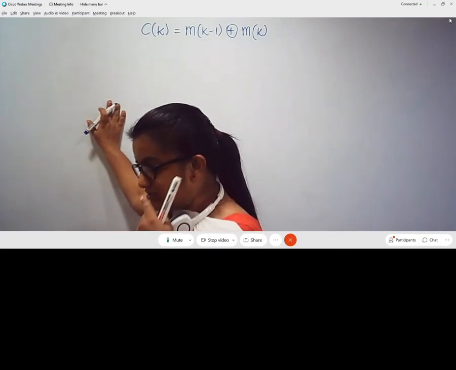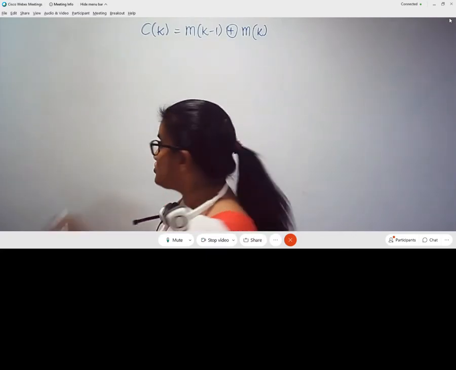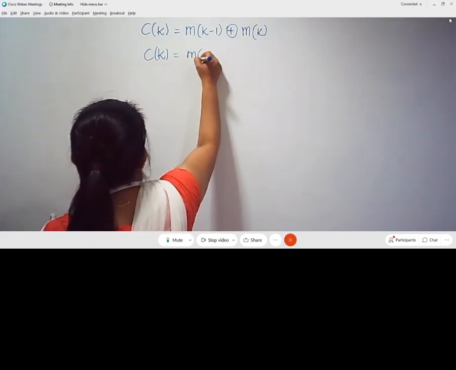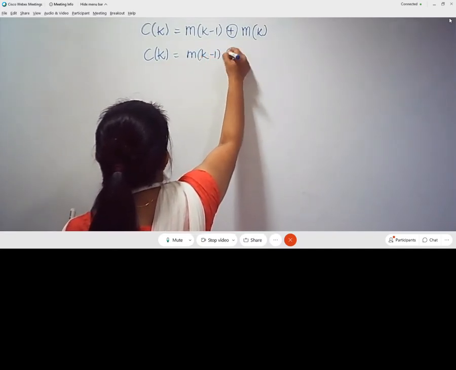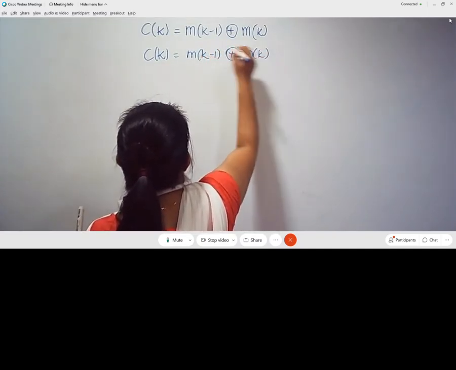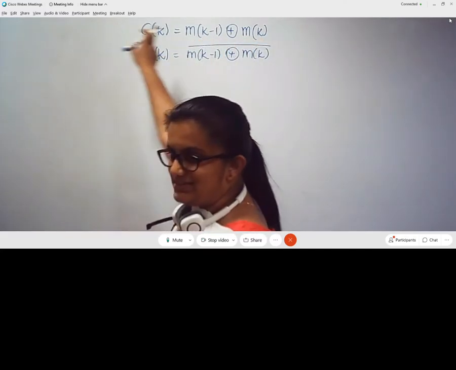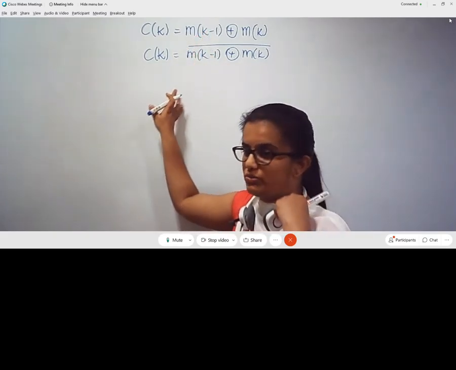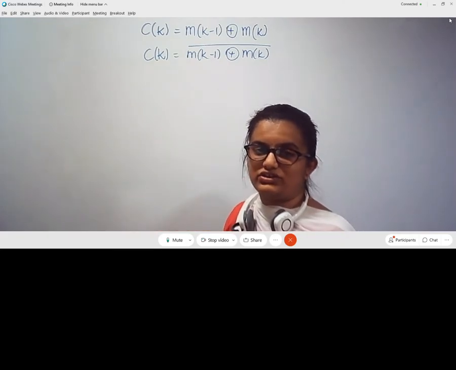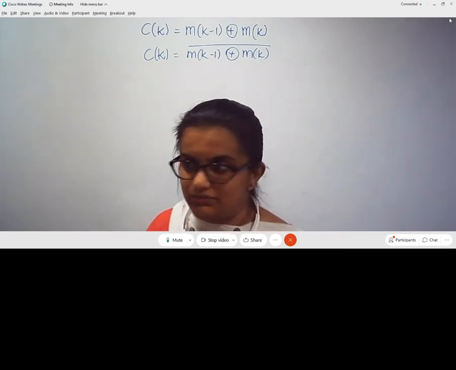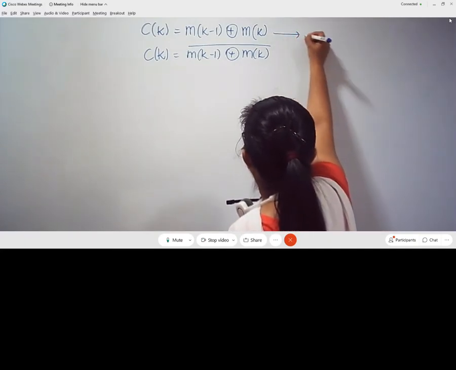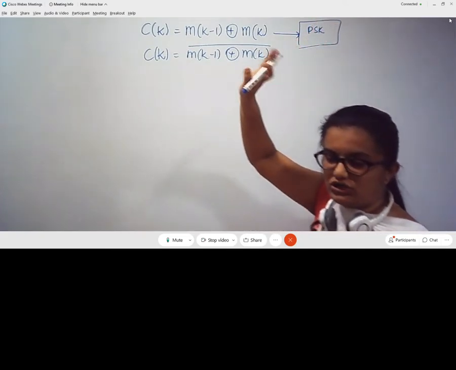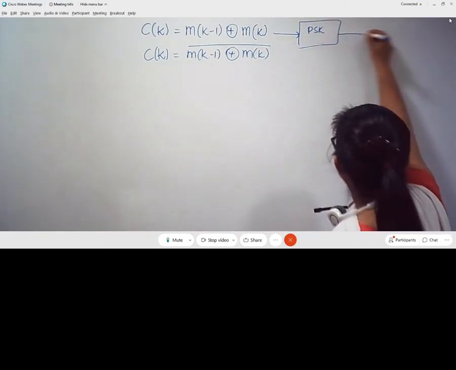Okay, so this is how I am going to make use of the information. You can also modify this as Mk minus 1, which is the previous bit, and the current bit you take and you XOR it. This is XOR. The first operation is XOR operation, the second operation is XNOR operation. You can use either one of the operations on the transmitter side, modify the bit stream, and later for this modified CK you make the PSK modulation. You do the general BPSK modulation or MPSK modulation and then send it across.